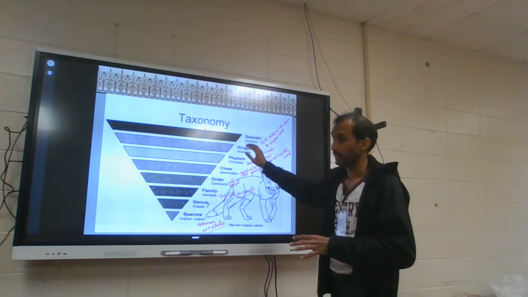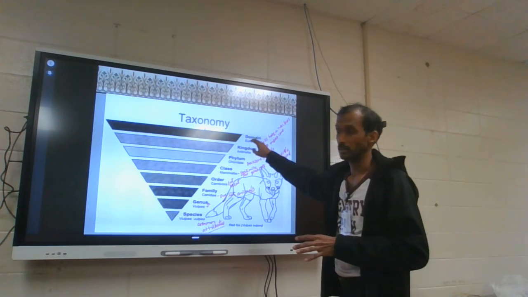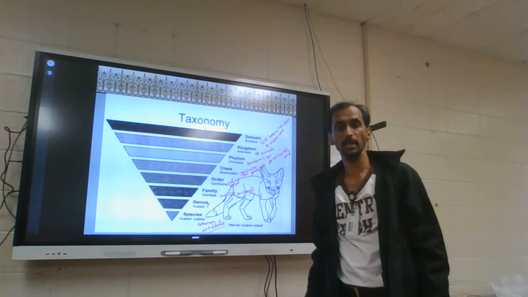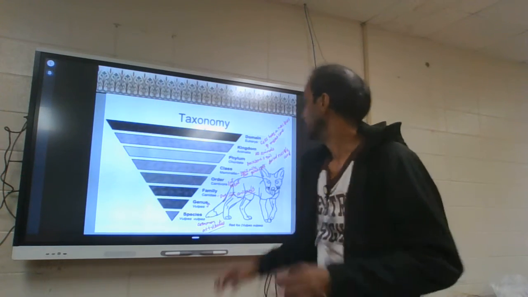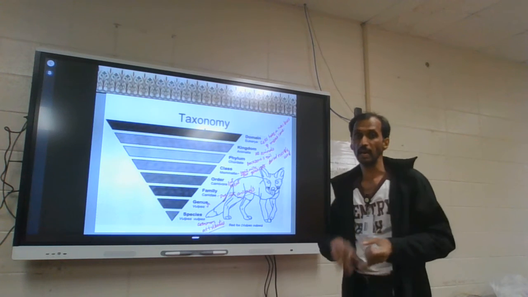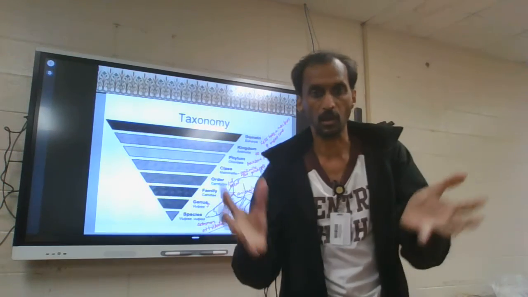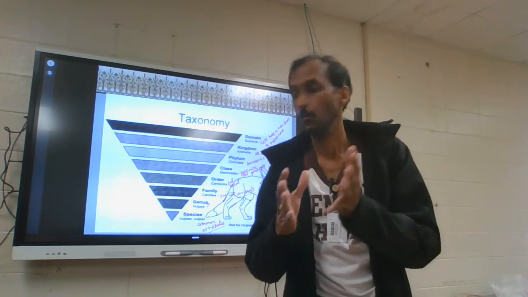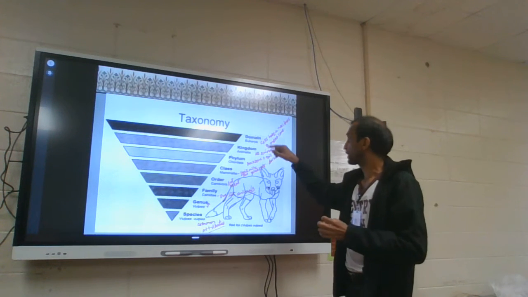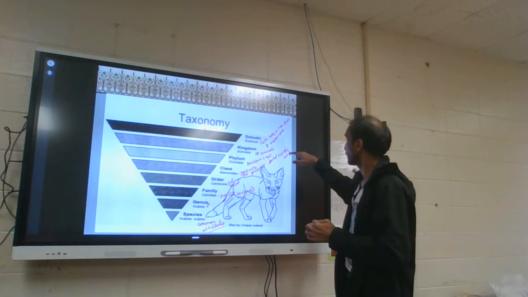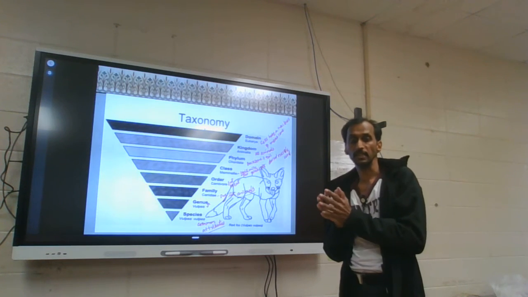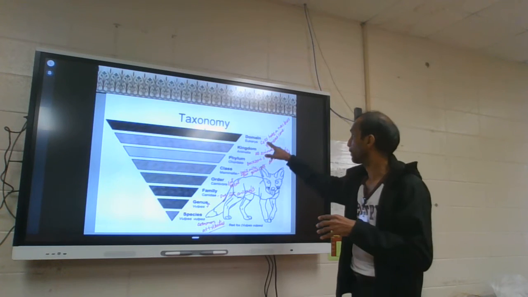In this taxonomy, the first level is called domain. The domain is a wide range, meaning so many animals. What are those animals? All the living things that have eukaryotic cells, which have a nucleus and a membrane surrounding it, are called eukaryotic. So any living thing whose cells have a nucleus and membranes comes under this section.